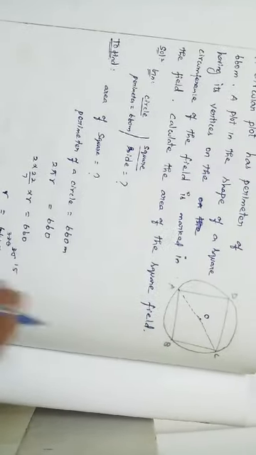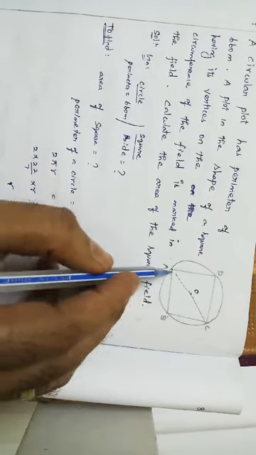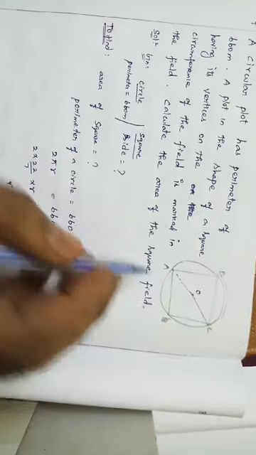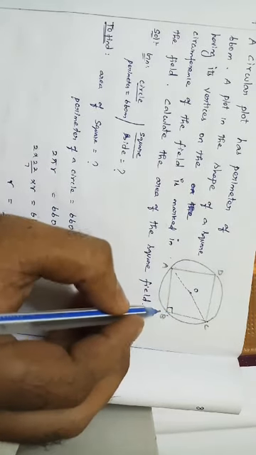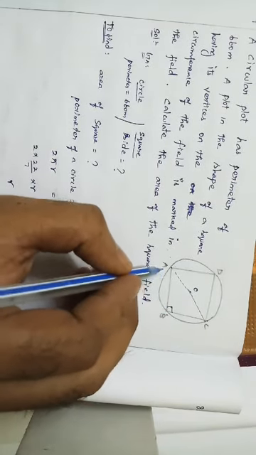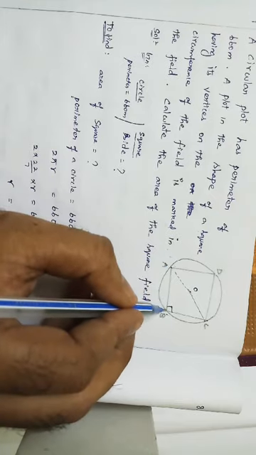From that we are now going to find the side. How are we going to find it? Now we know only the diagonal value, but it's very simple. ABC is a right angle triangle, with the right angle at B. Now we need to know the lengths of AB and BC.